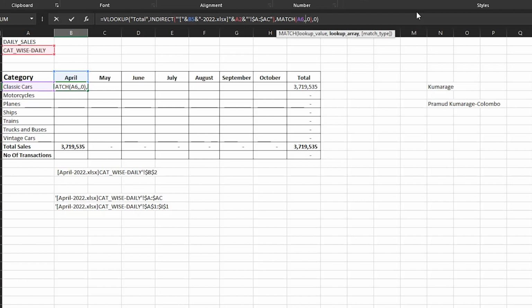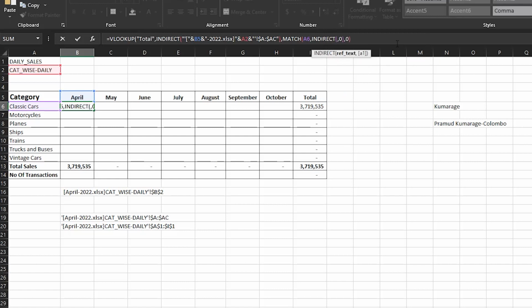I'm going to access it using indirect as well. Okay, indirect, then what is all, then we are going to have single quote and square bracket, and we are going to close it, and we are going to get dynamically the month name, and we are going to close the month name, and again we are going to statically type 2022.xlsx,